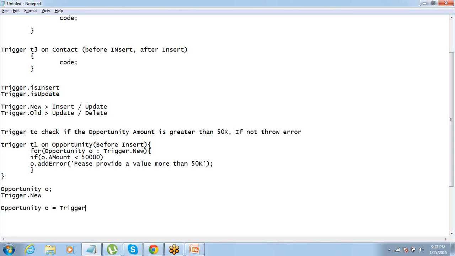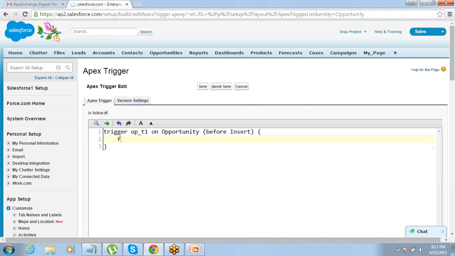It does not make any sense. For that reason, we always start the trigger with a for loop. So always write it this way: Opportunity O in Trigger.new. Then inside that loop you write whatever you need.